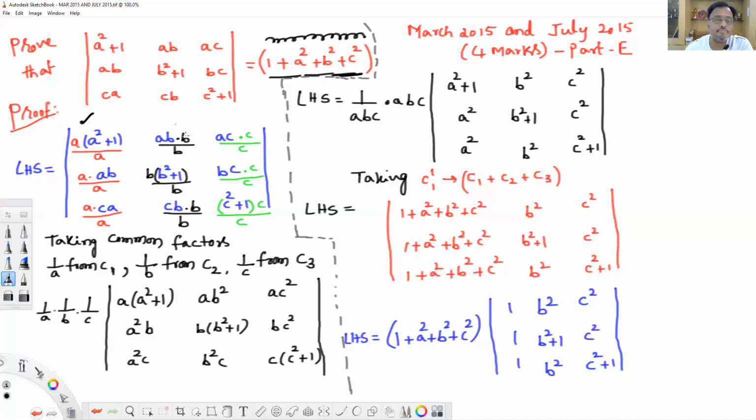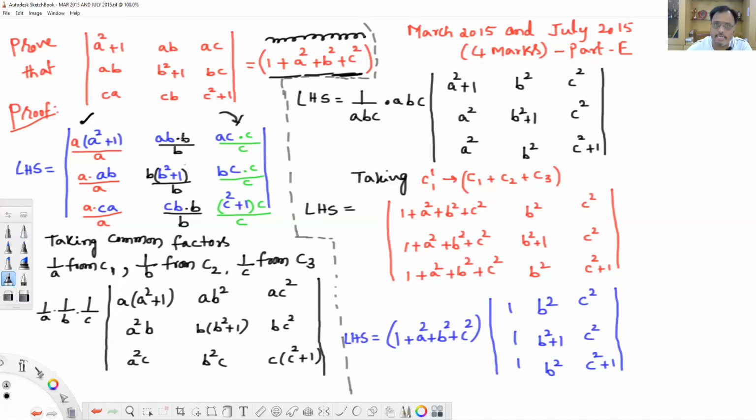In a similar way, I have introduced B in column 2. That means every element of column 2 I have multiplied by B and divided by B. That's what I have written with the black. With the blue, the elements are the same as in the given determinant. And in the third column, I have introduced C. That is, in the third column, each and every element multiplied by C and divided by C.